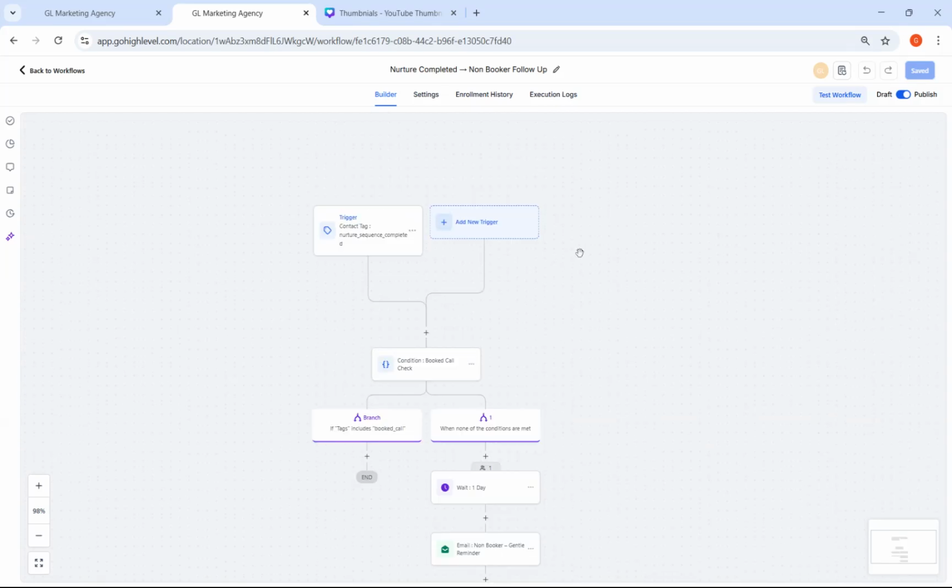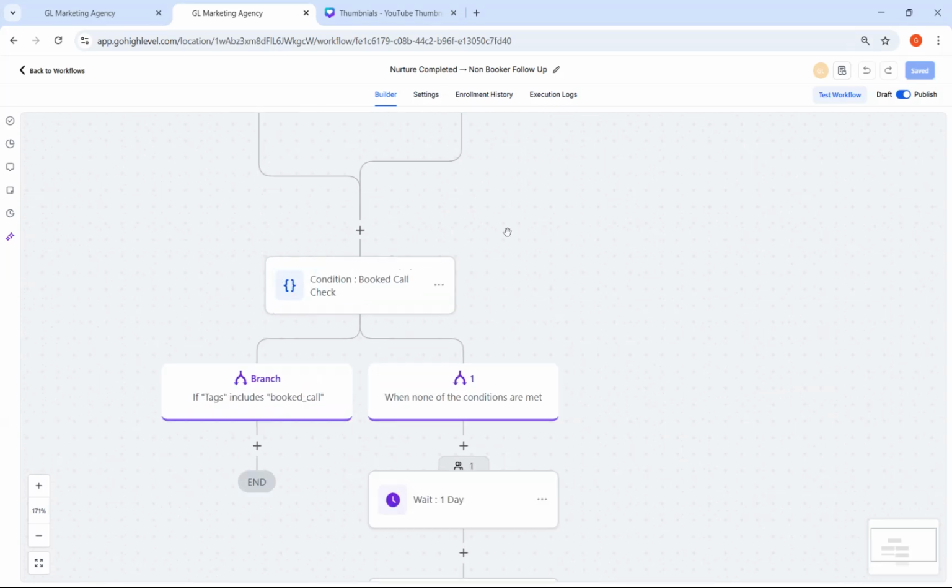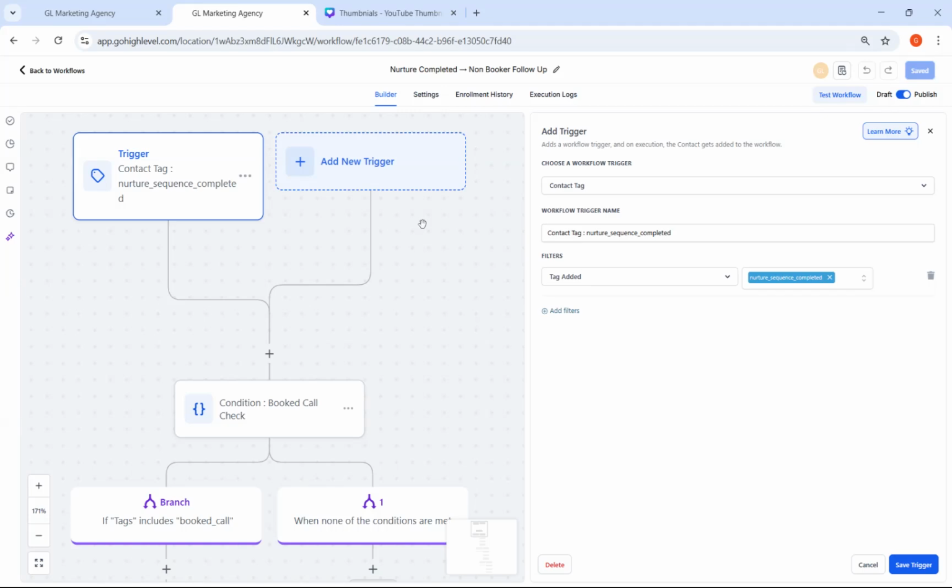So this is the one that I am referring to. This workflow is called Nurture Completed Non-Booker Follow-Up. And the trigger here is contact tag, and I named it Nurture Sequence Completed. So this means the workflow only starts after the nurture sequence is fully done, which keeps the timing clean and